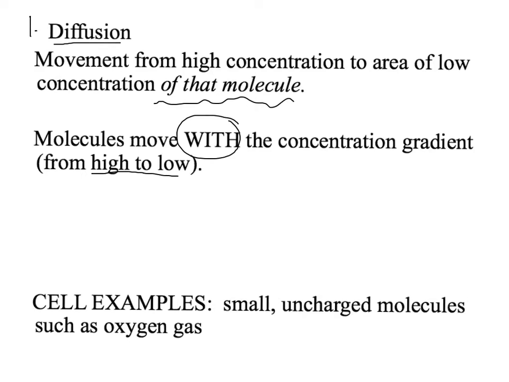Just to show you an example of this, if we have a concentration gradient, that means we have a cell where there are things that are in the cell, maybe it's proteins or carbohydrates, in higher concentration than what's outside the cell. Or a concentration gradient could be something that's inside the cell in lower concentration than outside the cell. What a concentration gradient is not